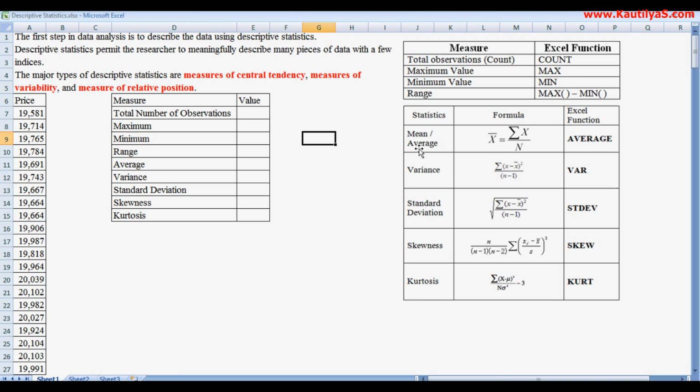Suppose you have to calculate the mean value of given observations. The mean, x bar, equals sigma x, that is the summation of x, divided by n. To calculate the variance, it is the summation of (x minus x bar) whole squared divided by n minus 1. The standard deviation is the square root of the variance. And skewness is n divided by (n minus 1) into (n minus 2), times the summation of (x minus x bar) whole cubed, divided by